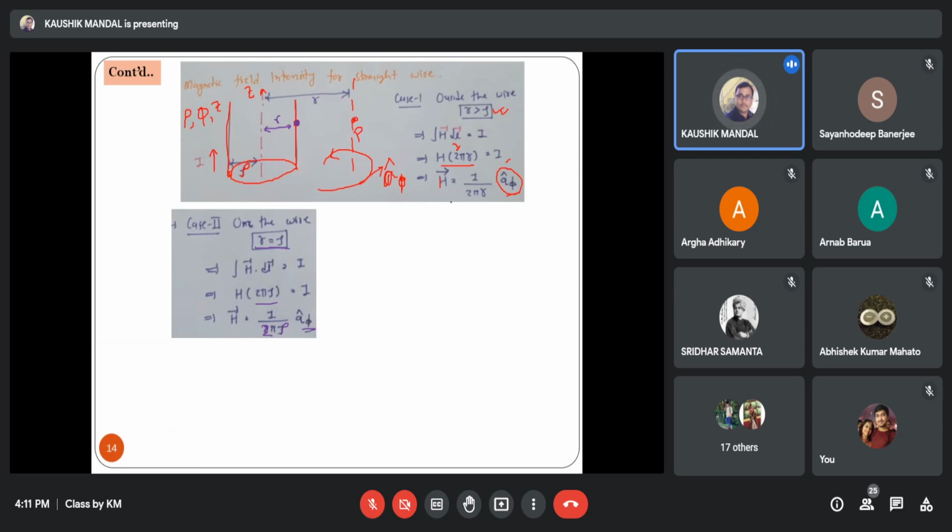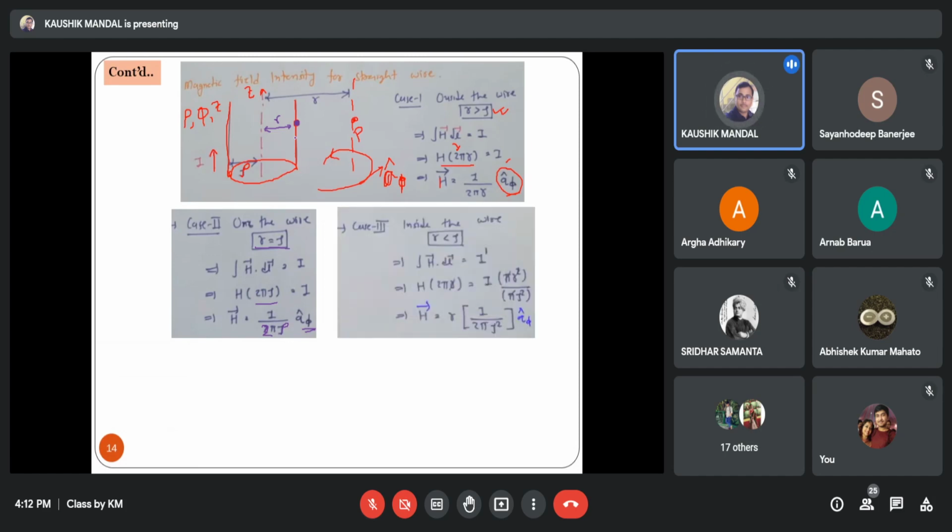So if you consider the first equation, you see H, that is the magnetic field intensity, is inversely proportional to r. In that equation, H is independent of R, or you can say if the dimension of the conductor is known, H is constant if the test point is on the surface of the conducting wire. Now consider the second situation, that is if the test point is within the conducting wire.